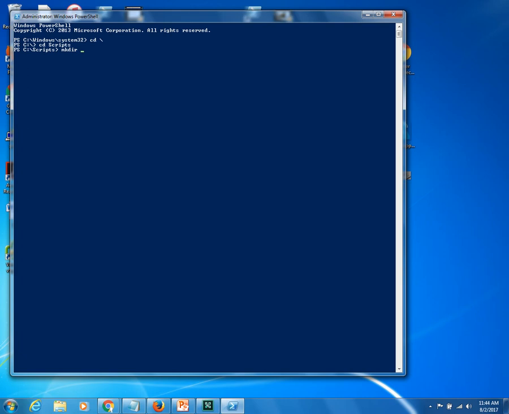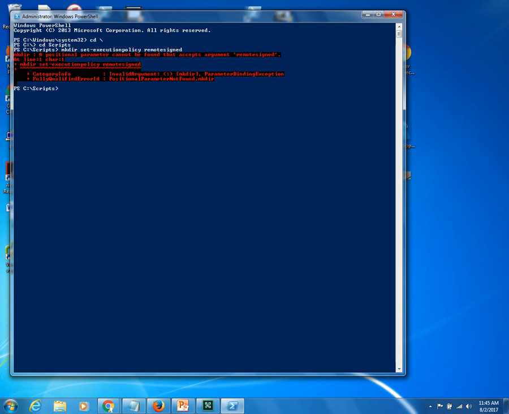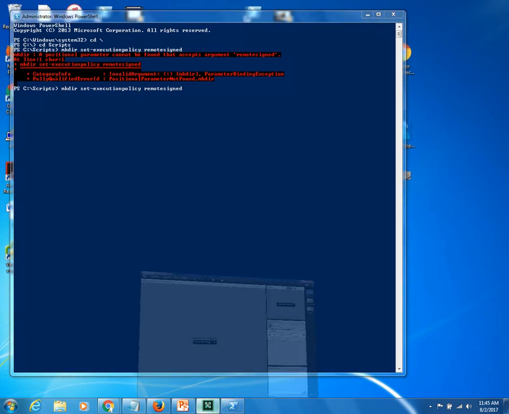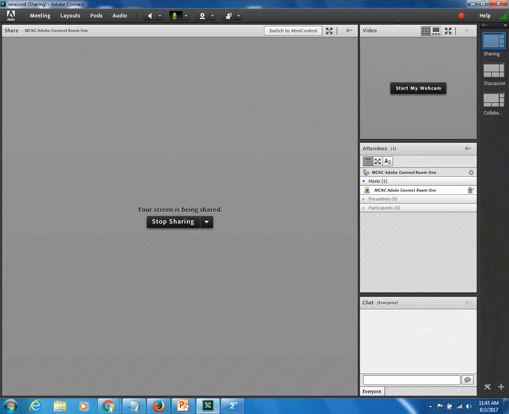Okay, and we talked about how you need to have Azure communicating with the cloud. Our first thing we need to do in PowerShell is set execution policy remote signed. Okay. Oops, did something wrong. Set hyphen